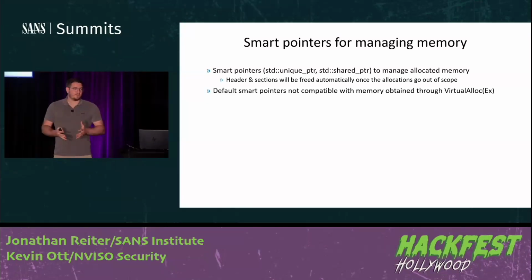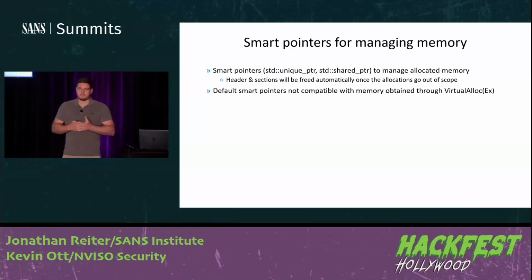We can use smart pointers because we're working in the end with pointers to our loaded memory. We can use smart pointers to track the lifetime of our loaded DLL. We can use it to track allocations of the headers and of the individual sections. The problem is that because we are using VirtualAlloc in our loader, default smart pointers do not work with VirtualAlloc. They are supposed to work just with the new and delete keywords from C++, but not with Windows